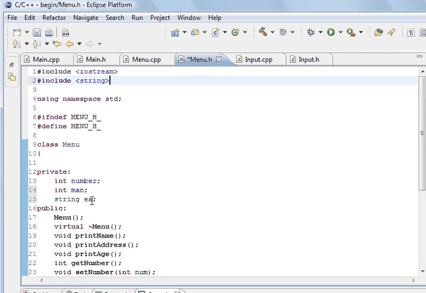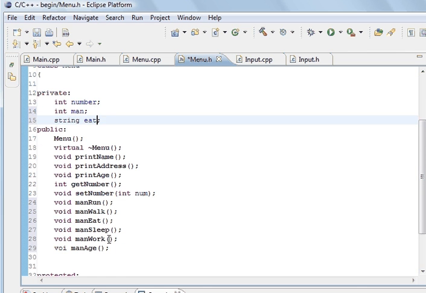And so what we're going to put in there is what the man eats, and when we declare man eat,